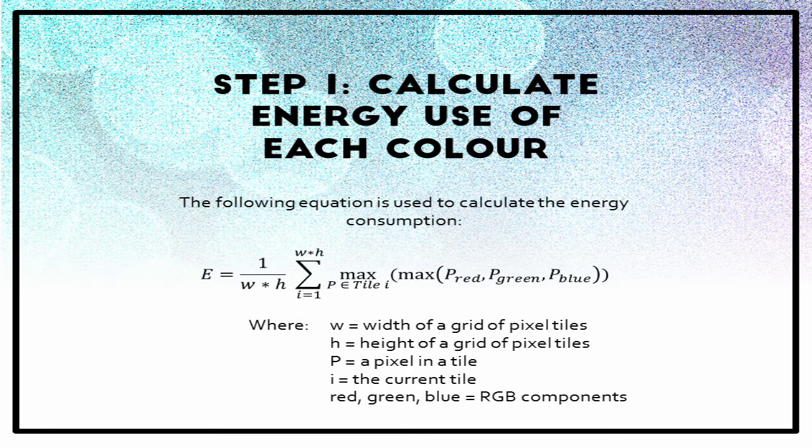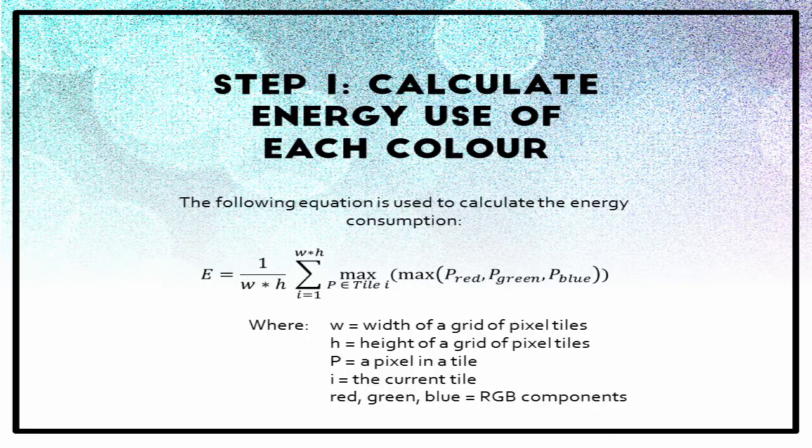First, we calculate the energy of each color using this formula. Essentially, we find the energy consumption of a given image by subdividing a frame into a set of pixel tiles. For each pixel tile, we scan through each pixel, taking the largest of either red, green, or blue, and then taking the largest value among all the pixels in the whole tile. The brightness value of each tile is added together and divided by the number of total tiles to get an